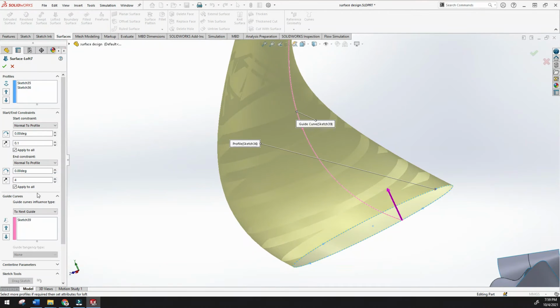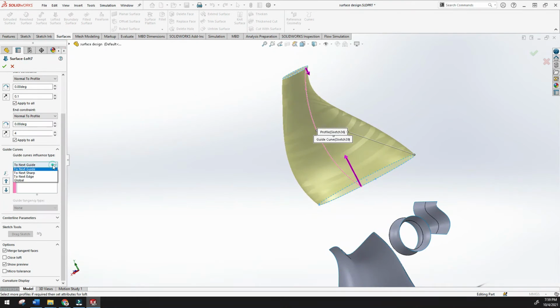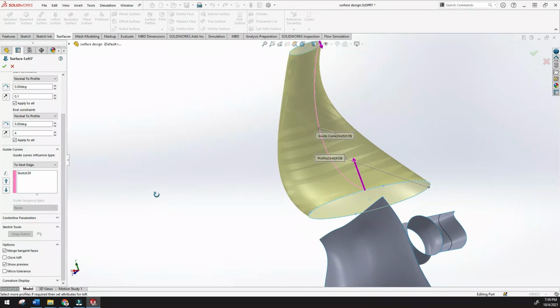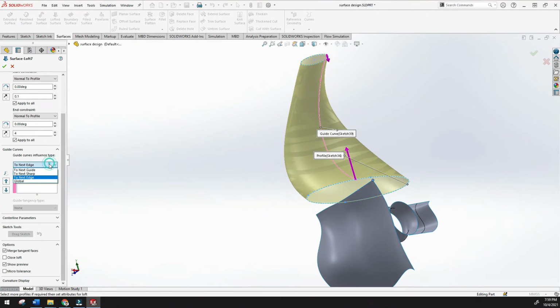And here are the apply to all options. This is actually the guided curve, and in this guided curve here is the option to next sharp, to next edge, okay, to next guide. Actually I have created by using guided, and once you click the to next sharp, okay, if there are many guided curves, it is actually advanced, so you will get options, okay, for next sharp and for next edge. If there are any edges or something, okay, then you can easily create the loft. Okay, let it be there.